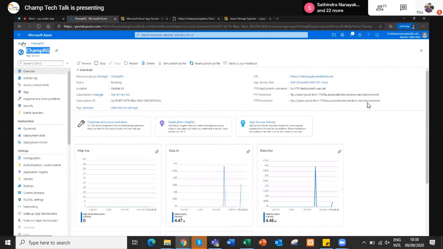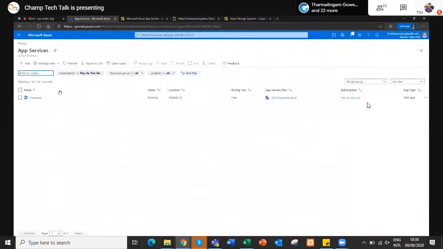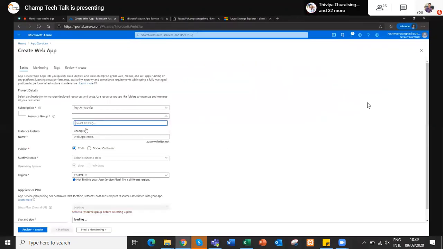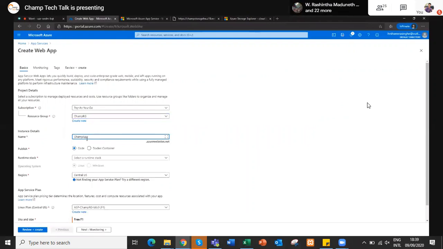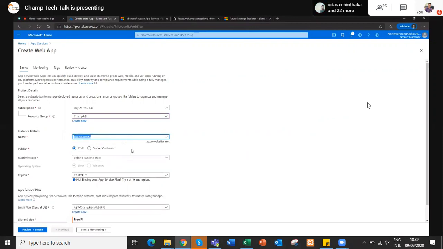So create another application, create app service, add new app. I'm selecting the same resource group, Champ app. That's my new application name. Not available. Champ app HW, it's available.